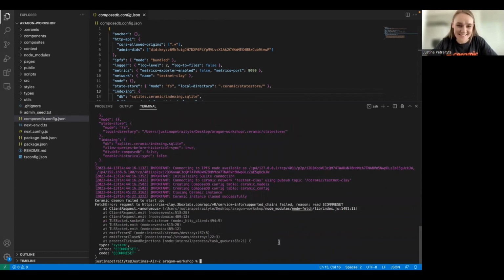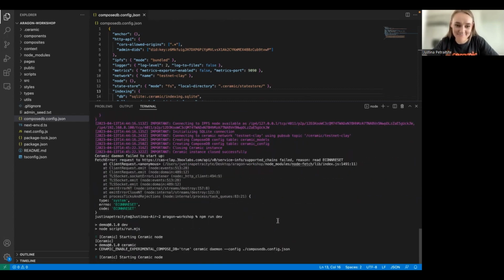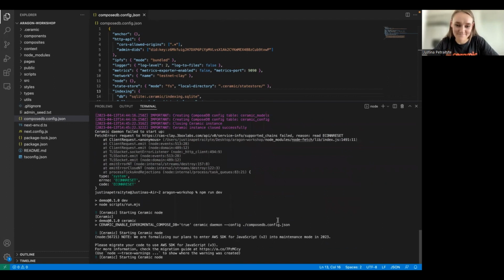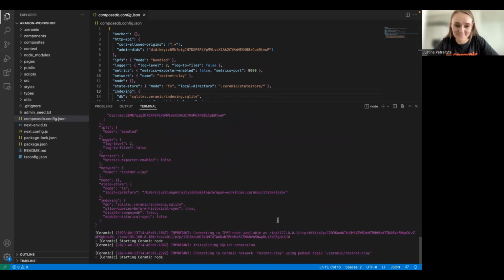Let me try something else. I will try running the entire app instead of the CLI, and see if it makes any difference. Hopefully this is more promising.